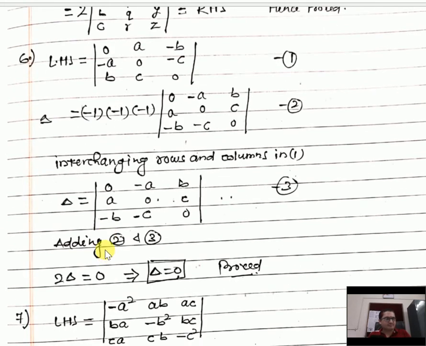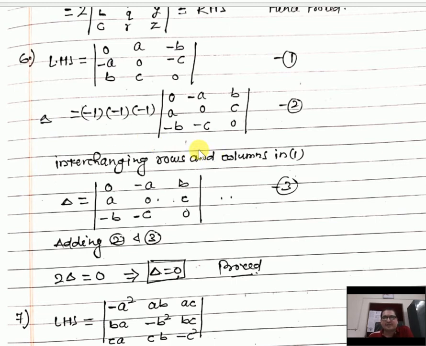Now question number 6, same question. Here it's given in the question that by using properties of the determinants you have to prove that this is equal to 0. You can expand it, it's not written "without expanding", but you can expand after applying the properties of the determinants. If the question says apply the properties of the determinants and find, then you have to apply the properties of the determinants.